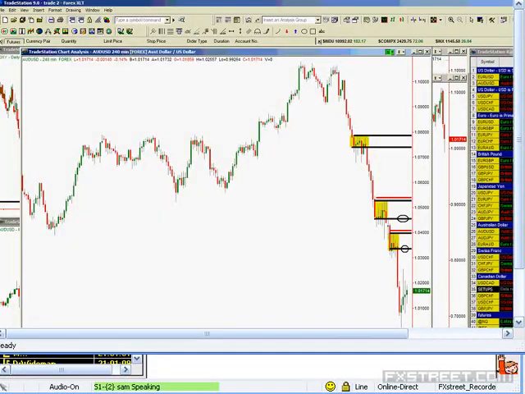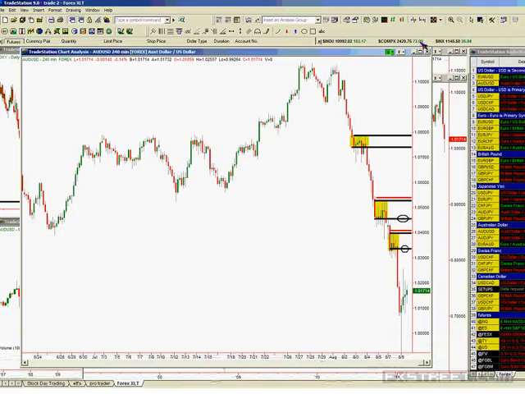Sure, you can find these levels on weeklies, absolutely. If you want to see one of the best ones you'll ever find on a weekly, I'll show it to you here. This has got to be like the trade of the year. Well, I don't know. We hit that S&P drop from 1340. That was pretty good, but